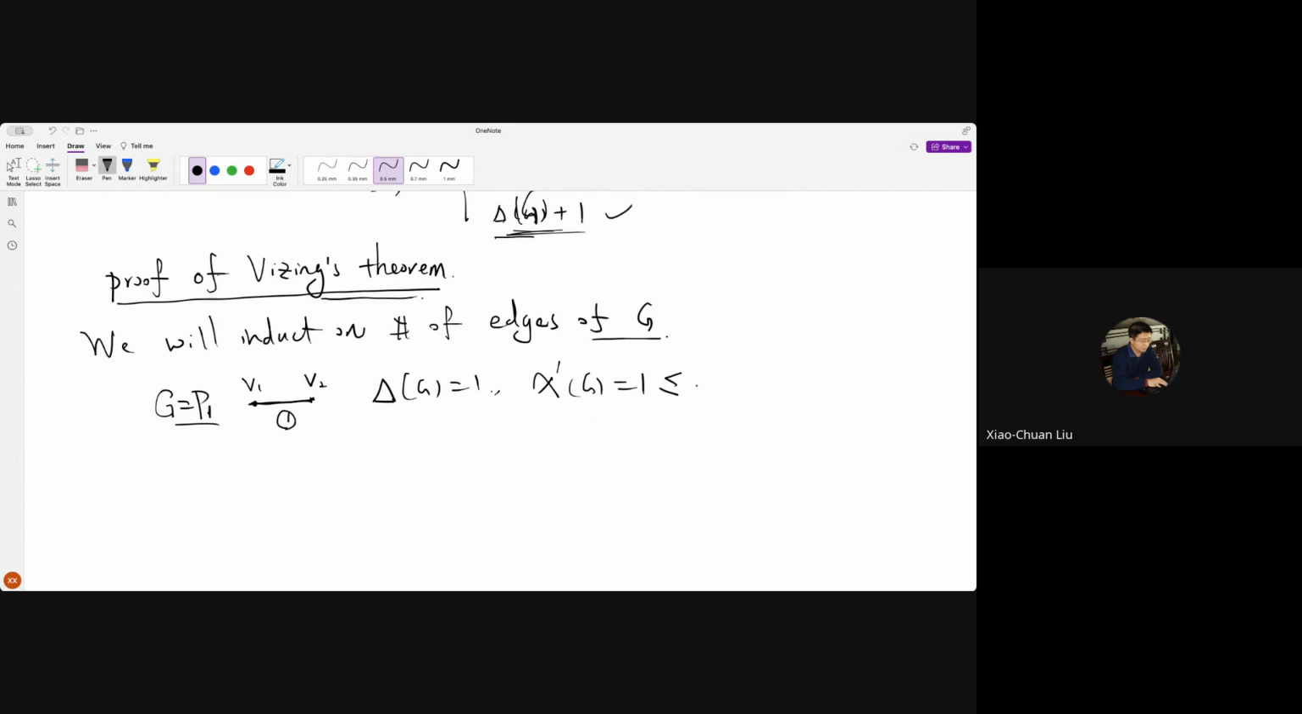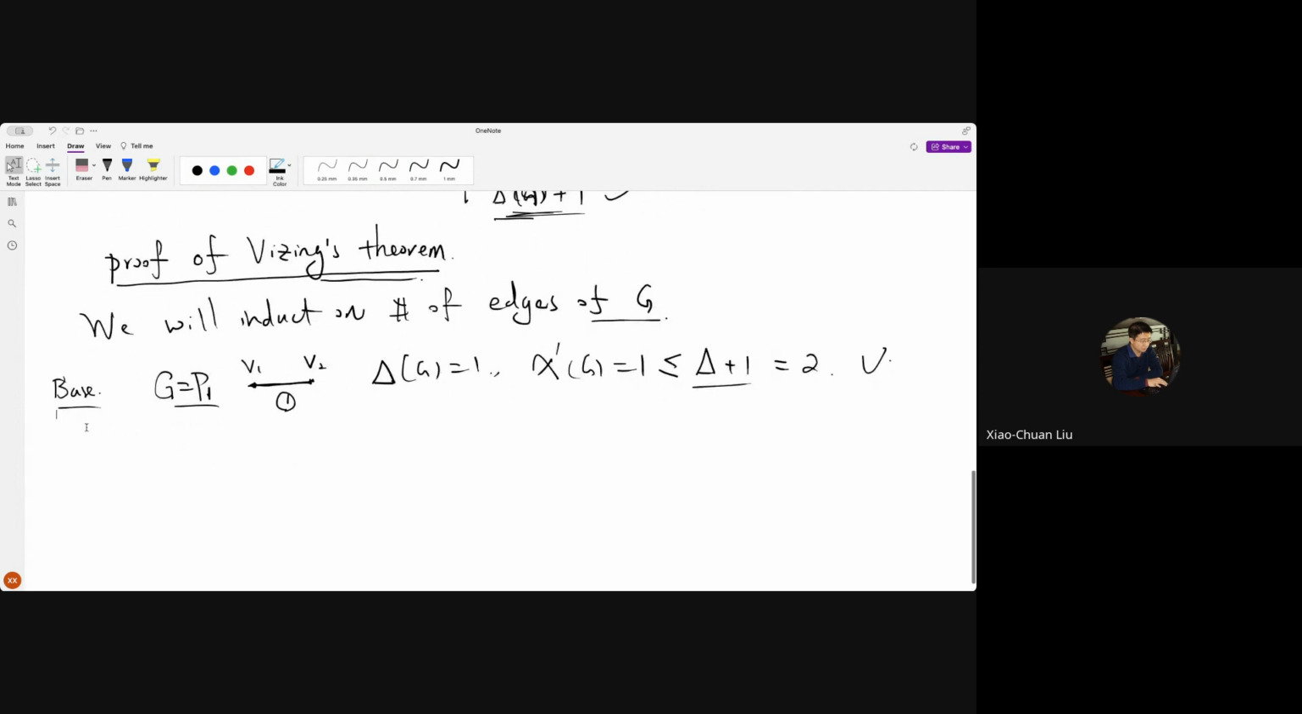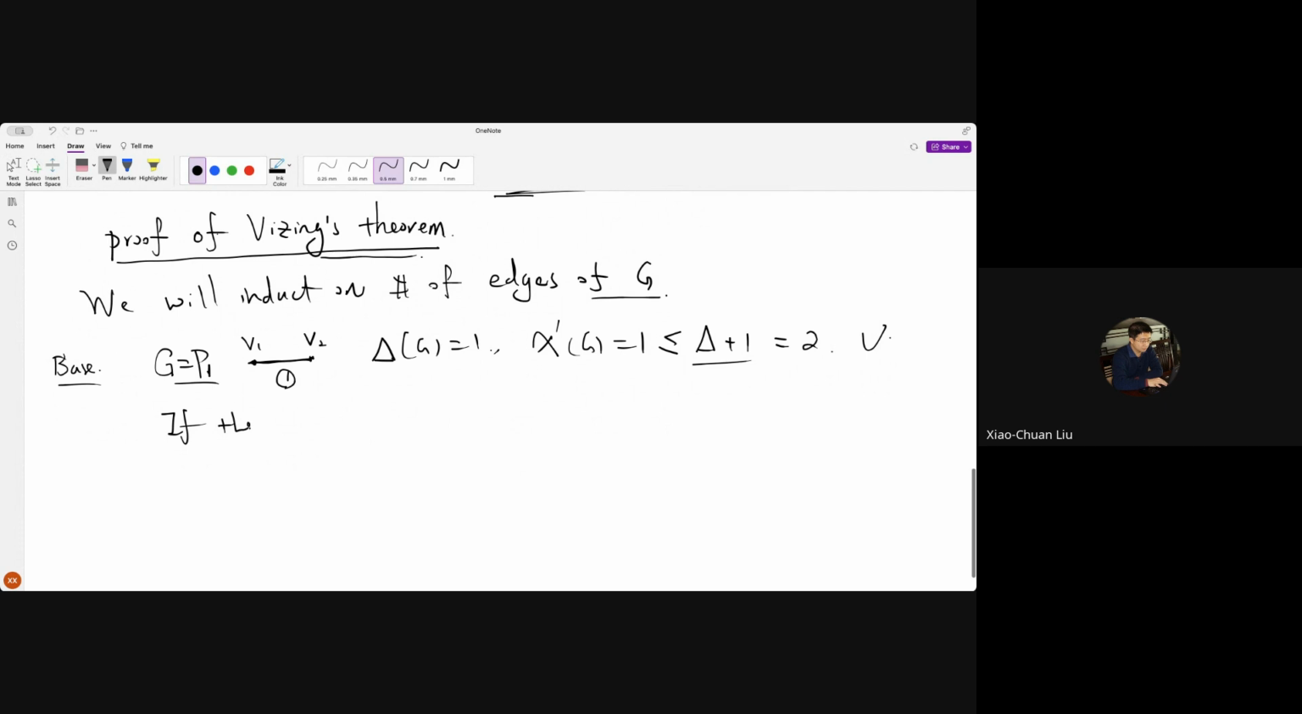Okay, so it's smaller than the maximum degree plus 1. Delta plus 1 is 2. Okay, so this is the base case. So after the base case, this proof is a little strange. We need to recall what induction is. So we prove some cases, and then we look at the next case. So if the induction fails, there must exist